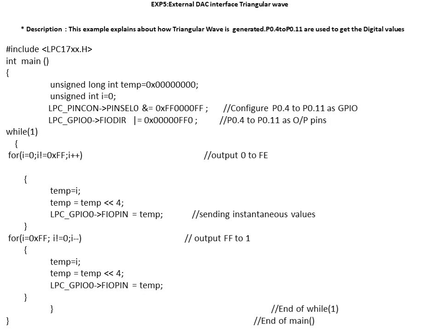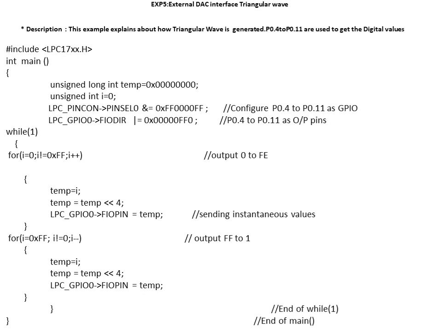Next thing is the body of the program. We are using a continuous while loop. Why it is used here is that the same program has to be run again and again in order to generate the triangular wave. Here the program is written just for the generation of one triangle.